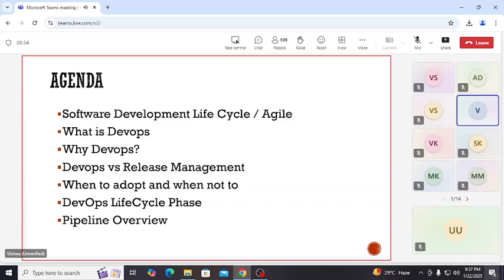And then we will talk about the best practices for DevOps security, and then we'll take up the questions before we close. I hope the agenda is fine with everyone. So we'll see how far we can go, and we'll take up the questions in the end. If you have any questions, please make a note of it so that at the end we can pick it up. We'll go with the flow for now.